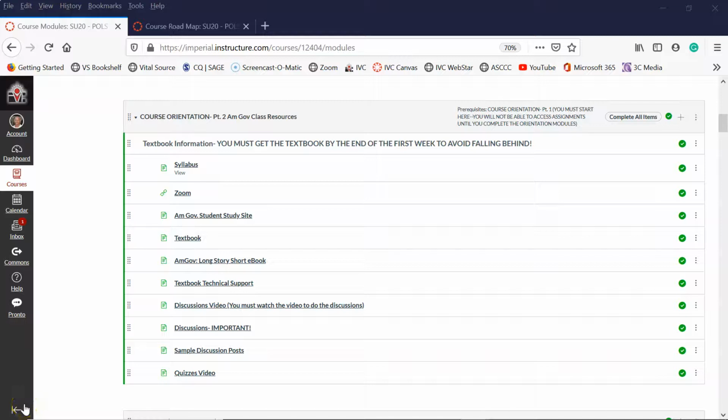So now that we have finished part one of our course orientation, I'm going to take you into part two. And part two is really just starting to set up the framework for the academic part of the class. And as you can see here under the part two section of the module, it's broken down by the syllabus